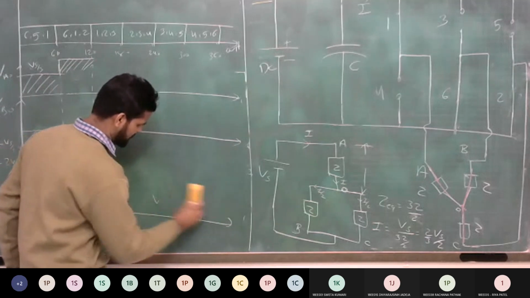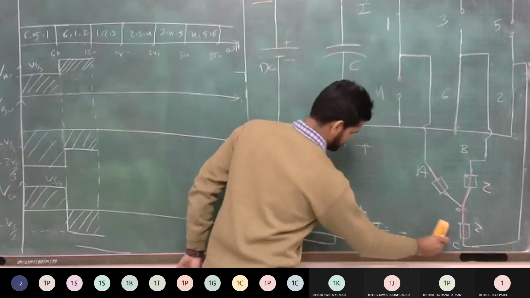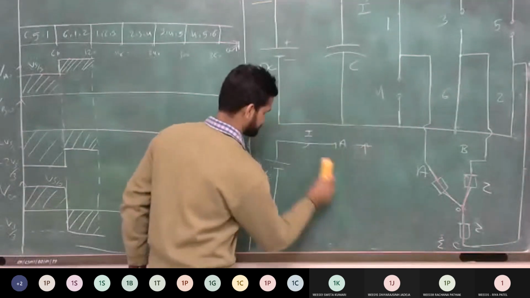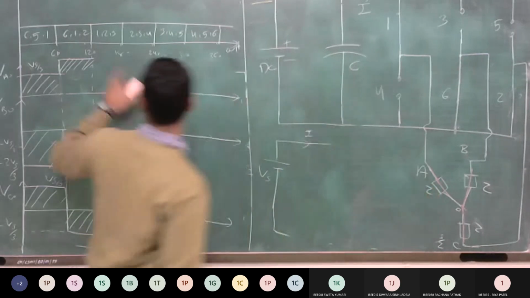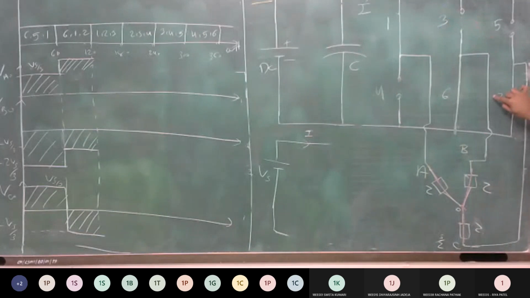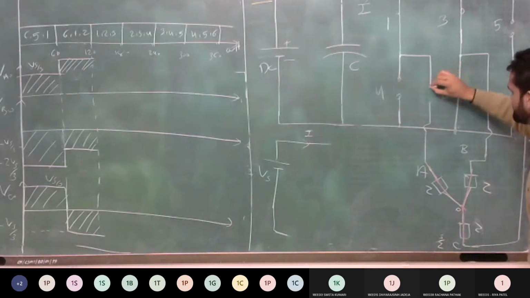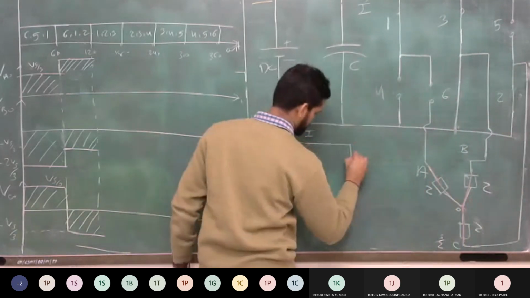Now for step number 3, draw the equivalent circuit like this way. All of you, please draw the equivalent circuit. 1, 2 and 3 is on. 1 is on, 2 is already on, now 3 is on, 6 becomes off. So it is actually the open circuit. So 4, 6 and 5 are open. From the upper group, 1 and 3 are on, from the lower group, only 2 is on. Clear? So now draw the circuit. It looks like this way.